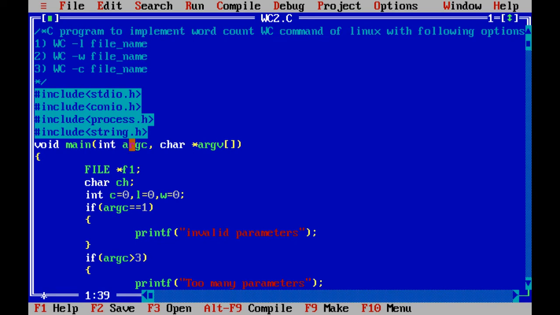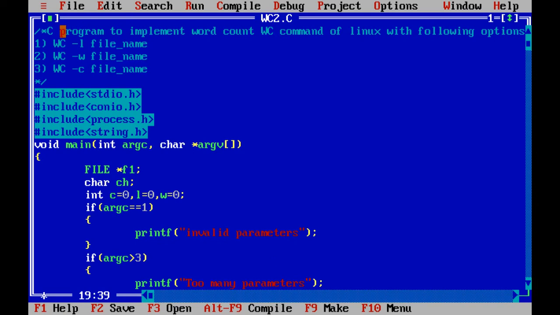I have already given some lectures on what argument counter and argument vector are all about, what these header files stand for, and how we are going to use file handling concepts or functions in our C program. If you are not aware of those, please go through them and revise your concepts so that this program becomes easy for you. This is an important program from your operating system practicals and a bit of a difficult one, because it is going to imbibe all the concepts which you have learned so far. So let us get started.